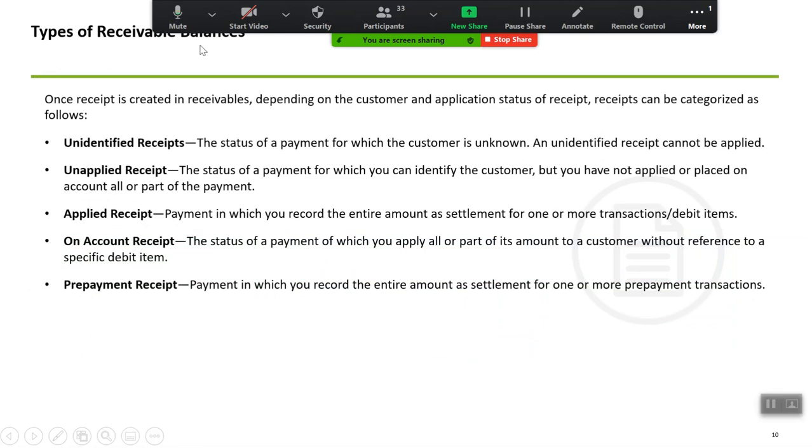Okay, there are a few key terms that I would want you to pay attention to, because you would eventually hear them as we go forward in this particular section. And they are as follows. Once a receipt is created in the receivables module, depending upon the customer and the application status, receipts are classified into some types.